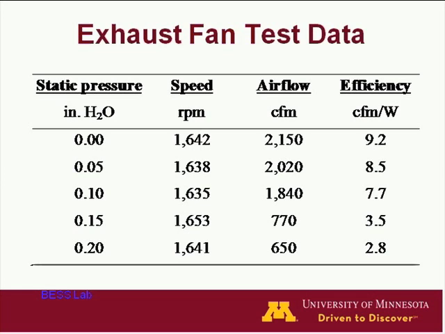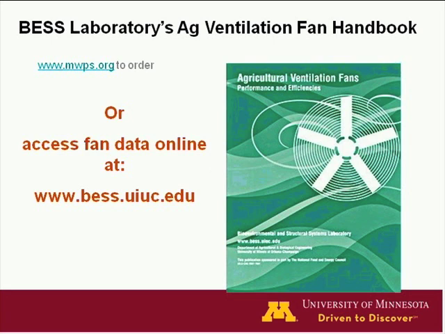So you can see certainly as the static pressure goes up, our efficiency goes down. So it's not a good idea to operate at too high a static pressure, even from an energy standpoint. There are other things that are not as good about that either. So our target is again between 0.05 and 0.1. And again, all of this information can be found in the BEST Ventilation Lab Handbook, either a hard copy or you can see this online at the indicated address here.